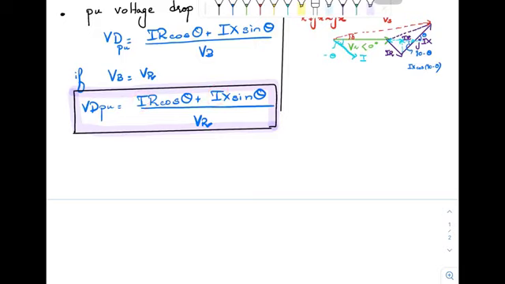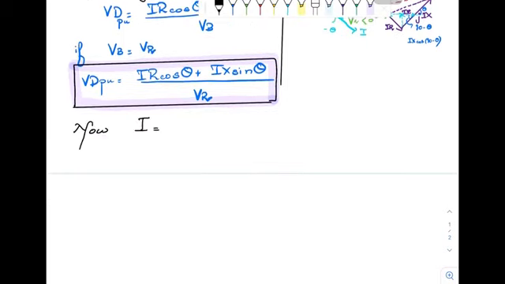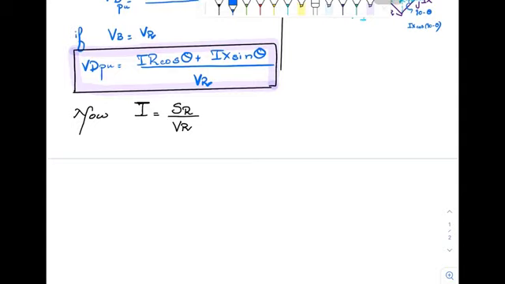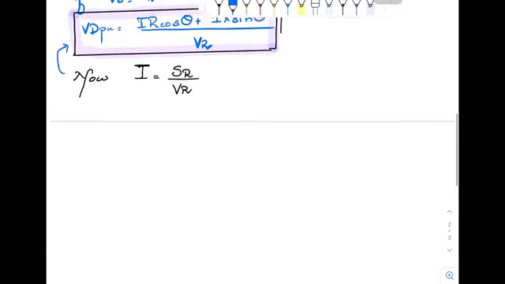As we are performing the per phase analysis, we will have current equal to the apparent power at the receiving end divided by the receiving end voltage, as this current is being drawn by the load that is connected at the receiving end. So if I use this current over here, the equation will be,